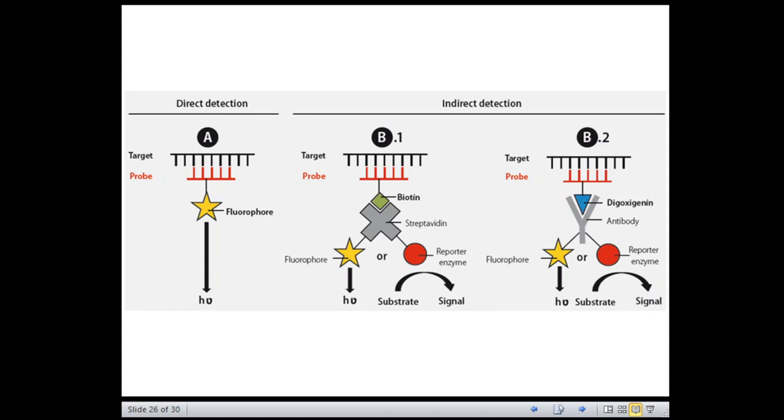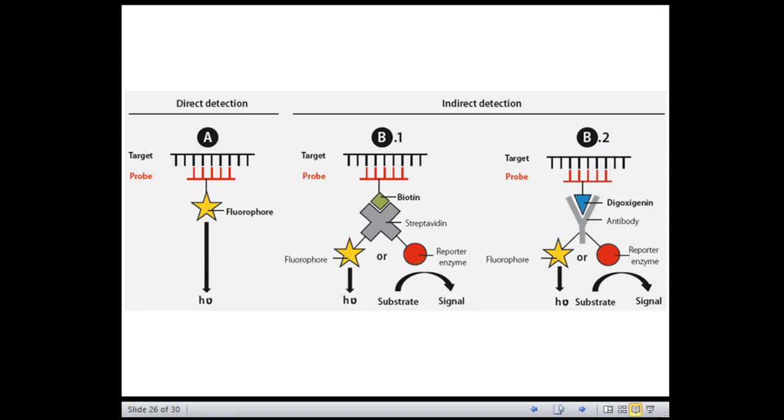And the labeling systems are termed either direct labeling or direct detection, or indirect labeling or indirect detection. Now, direct labeling allows an enzyme reporter such as alkaline phosphatase to be coupled directly to the DNA. Although this may alter the characteristics of the DNA probe, it offers the advantage of rapid analysis since there are no intermediate steps in the labeling process.